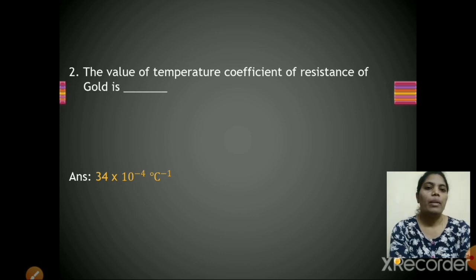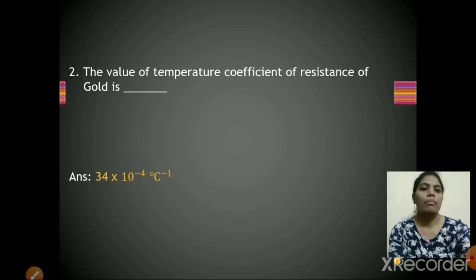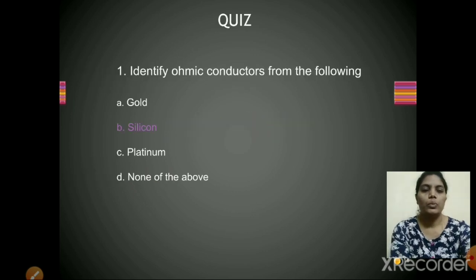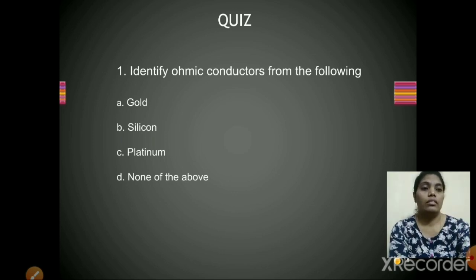The value of temperature coefficient of resistance of gold is 34 into 10 power minus 4 per degree Celsius. So this is what we learned in this session. I hope so. Here the answer is indicated as silicon, but it is gold and platinum. So this is about